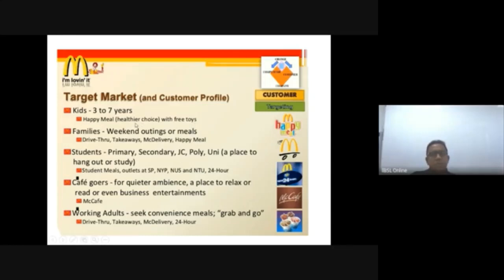So McDonald's have identified their market in terms of some demographic basis, demographic segmentation basis. So they are the kids, depending on their age and the family, maybe again the lifestyle, the students segment, cafe goers, and working adults. So they have used a mix of segmentation variables, and they have done their customer profiling and been able to market their products to different